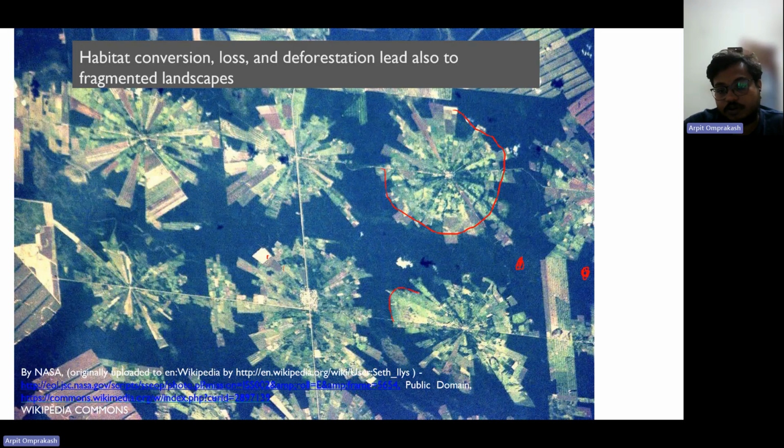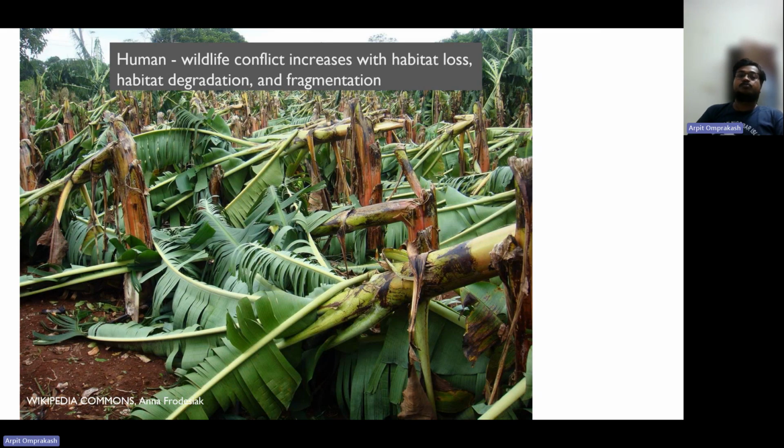Again, here we have another boundary where human-animal conflict can happen. The boundary is where human-wildlife conflict increases with habitat loss and habitat fragmentation. For example, if we encroach upon an area where a tiger generally lives, slowly the tiger will start coming to this area, because they are large animals that require a very large range and cannot stay in smaller areas, so they'll try to come there.